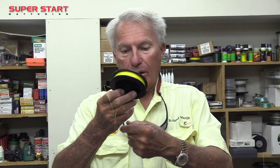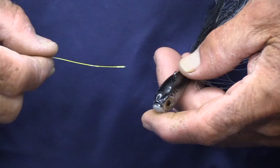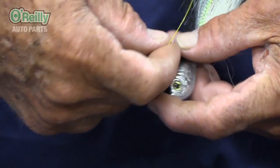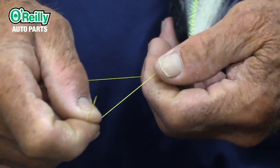Now what about the improved clinch on the braid? Well, it is a recommended line knot for a braided line. Let me just show you how I do that. Okay, I'm going to come through the eye of the jig with this 40-pound braid, put my finger over the